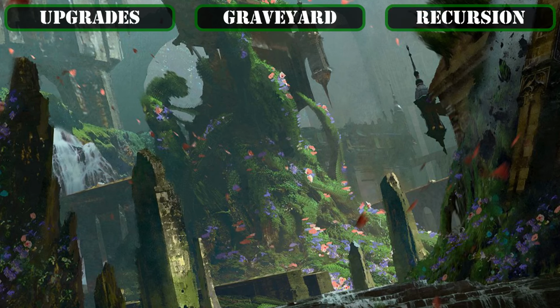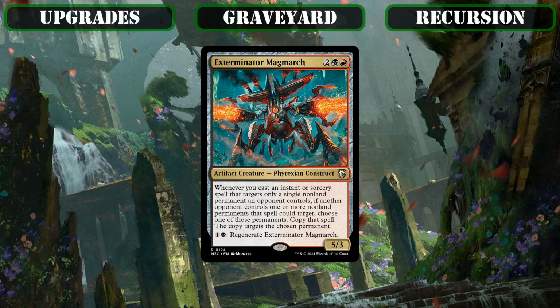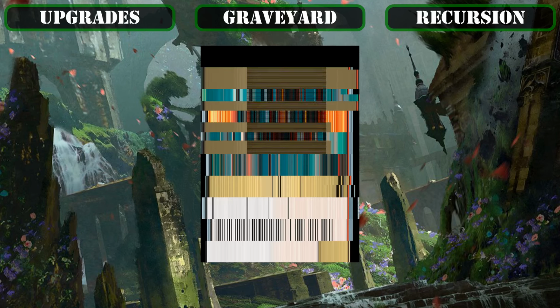Now, pivoting ever so slightly into some new additions which can let us recur our cards from the bin for value while staying on the graveyard setup game plan, since there is a lot of overlap, we'll start by scrapping Exterminator Magmarch, which is admittedly an excellent way to generate double the usage out of all our spot removal, though this build simply doesn't have enough of it to properly take advantage of it,